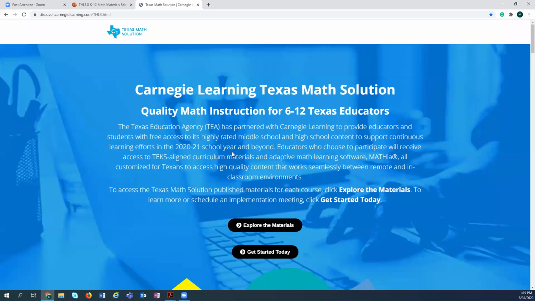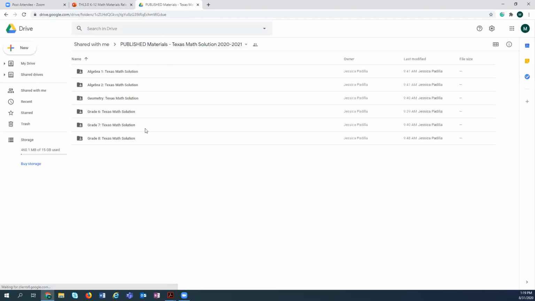Carnegie is also working on their digital page to provide a lot more usability for teachers, but wanted to provide the materials very quickly for you. So you're able to actually begin exploring the materials here and access the files that are in a drive, but this will not be the final landing page for this. We'll be able to see those a little bit later. As I jump into them, I can go into each of the courses that are available. The accelerated courses for middle school will be coming on pretty quickly and added to this list.